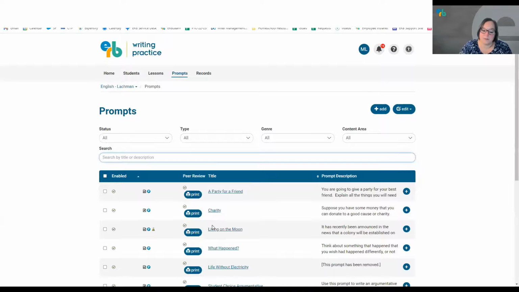That is the prompts page, and that explains a little bit of what's available to you, but it really is quite flexible between all the prompts that we provide and the ability to add anything else that you would like. There's really an unlimited number of options for what students can write about, which is, again, another really powerful feature of this program.